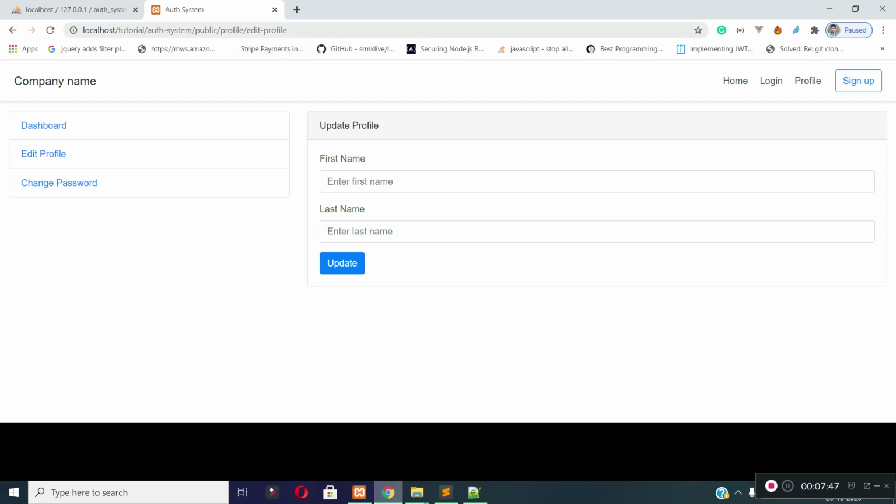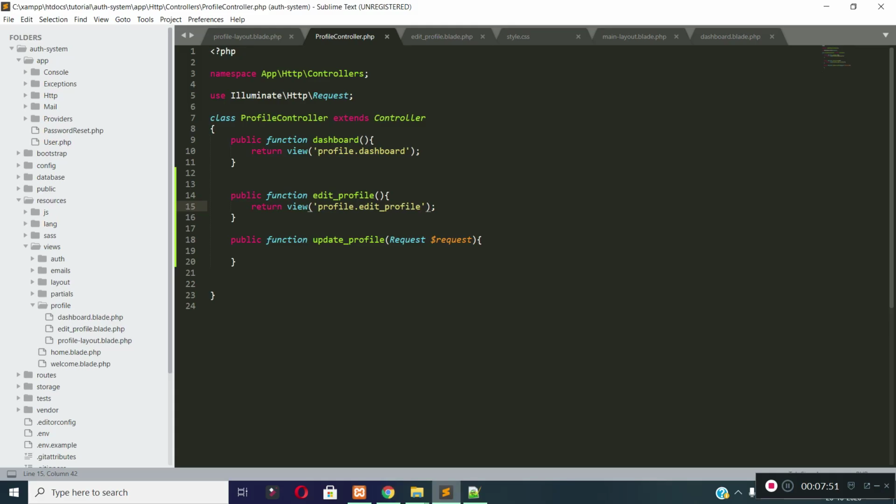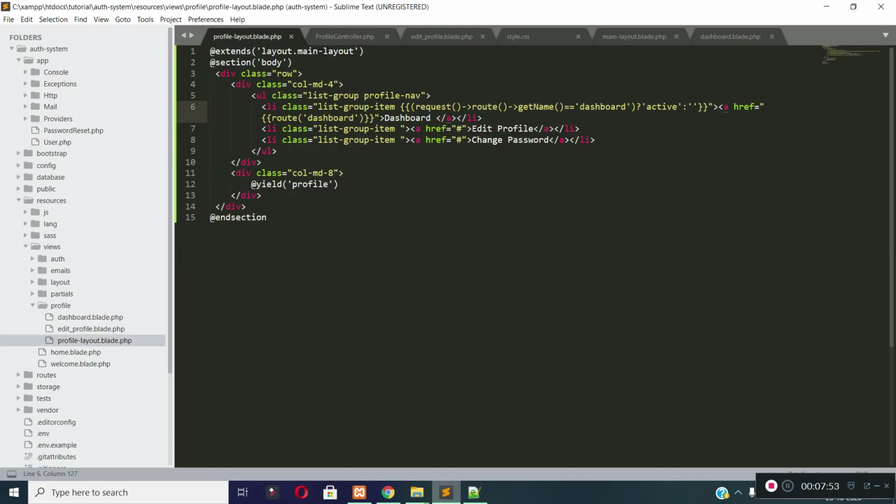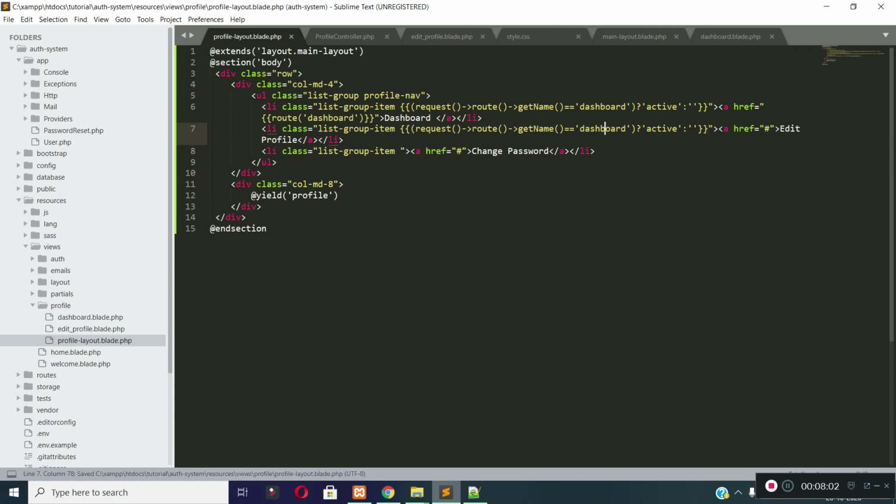Now let's add edit profile link to this edit profile link and add an active class to this link. So let's open profile layout. First of all, let's add an active class to this edit profile li tag. If the route name is edit underscore profile, then there will be an active class to this li, and then let's add href to this anchor tag.